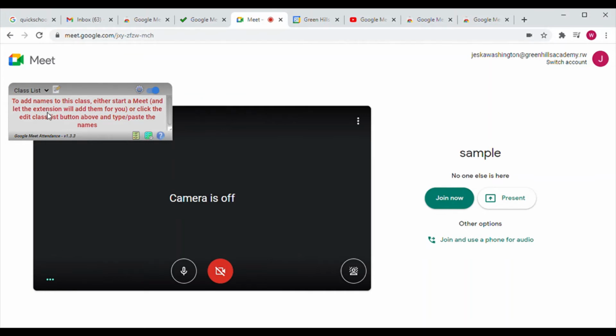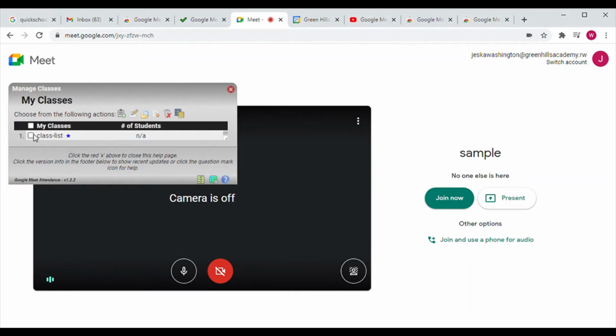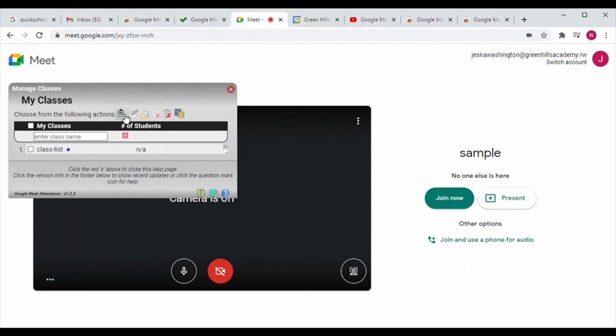So this is where I can create a class list. I can add a new class. I can change the class name. I can load a class from a previous save file. I can clear the names in the class. I am going to go ahead and go back